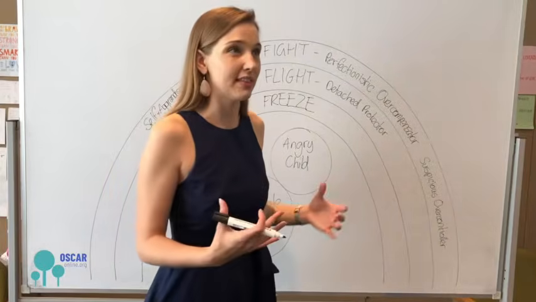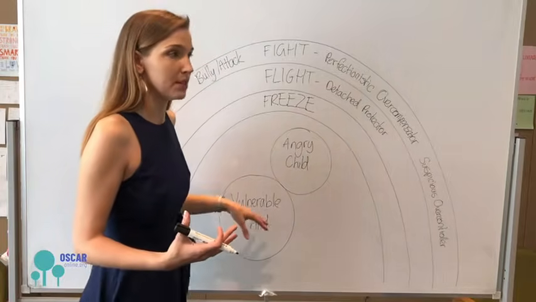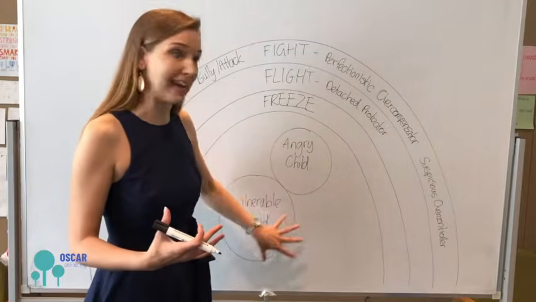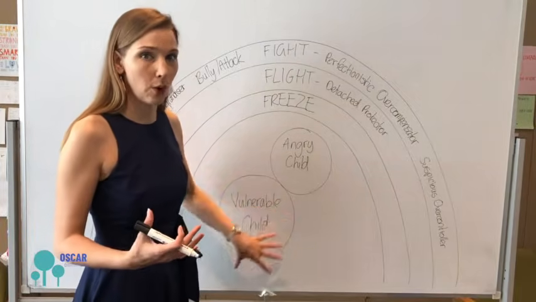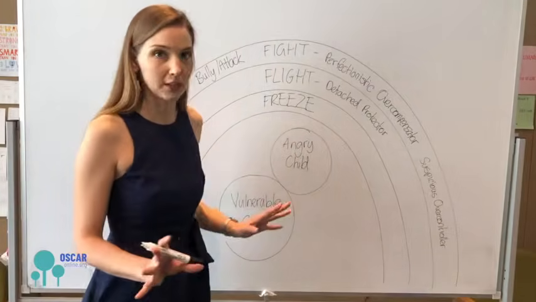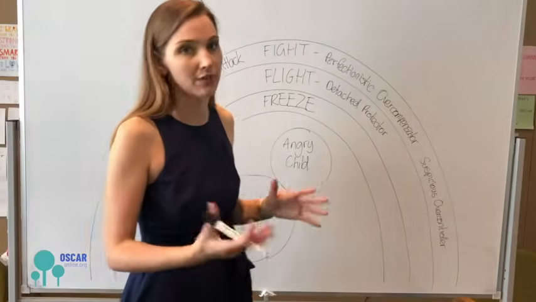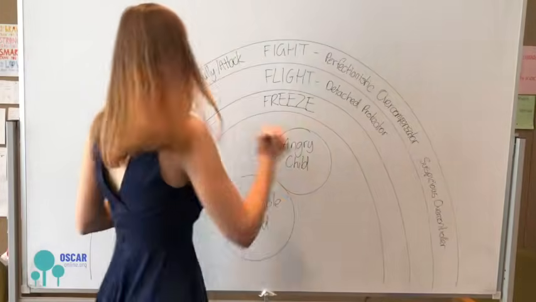The rationale behind this is if I don't feel anything, then I don't have to connect with my vulnerable child. Because in the flight strategies, I will do anything to avoid contact with this because this is scary and overwhelming and it gets too intense and I don't want to deal with it, so I'm just going to avoid it. And Detach Protector is a way of having that avoidance when you're still forced to be in the room. The flip side of that